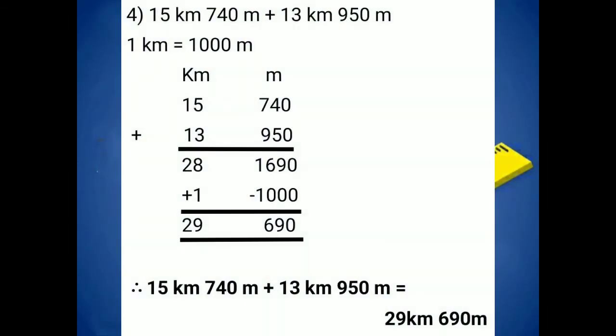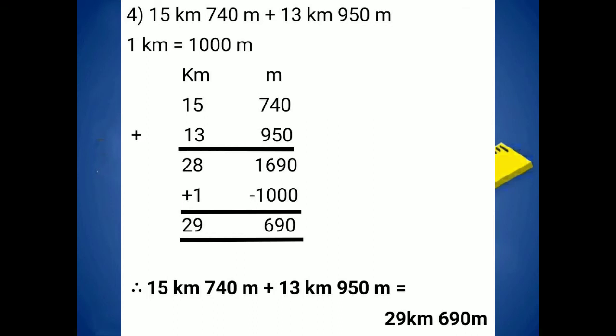The next sum is 15 kilometer 740 meter plus 13 kilometer 950 meter. The two units given here are kilometer and meter. So we'll first begin by writing down the relation between the two of them, which is 1 kilometer is equal to 1000 meter. On addition, we get the sum to be 28 under kilometer and